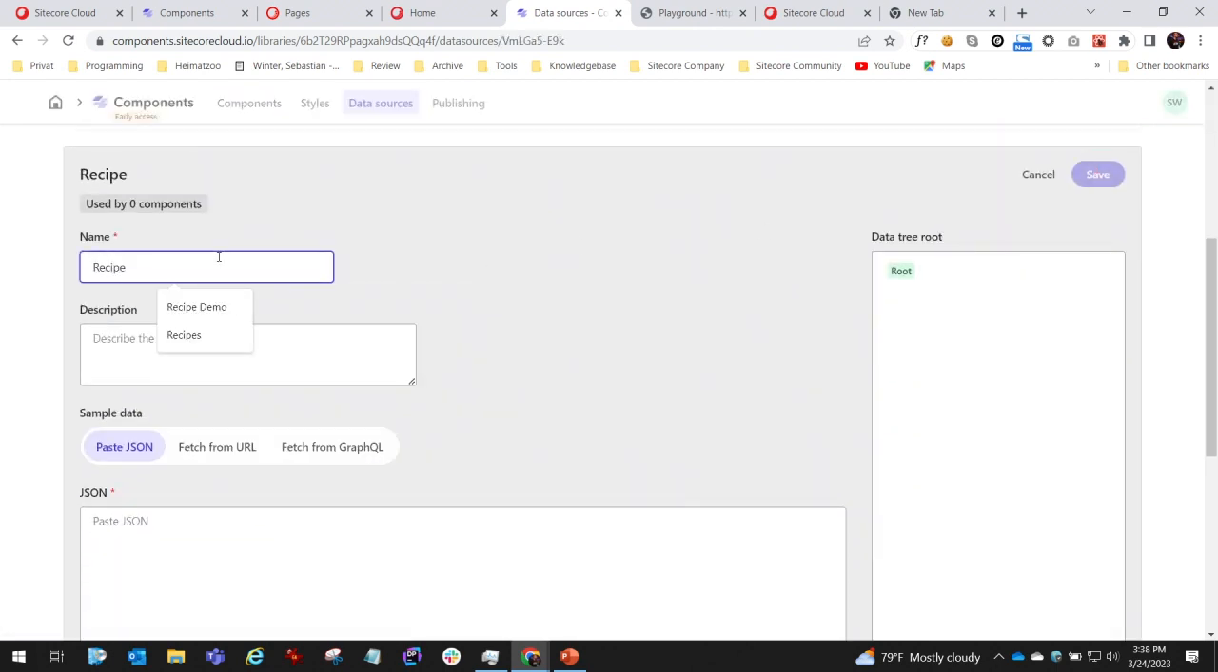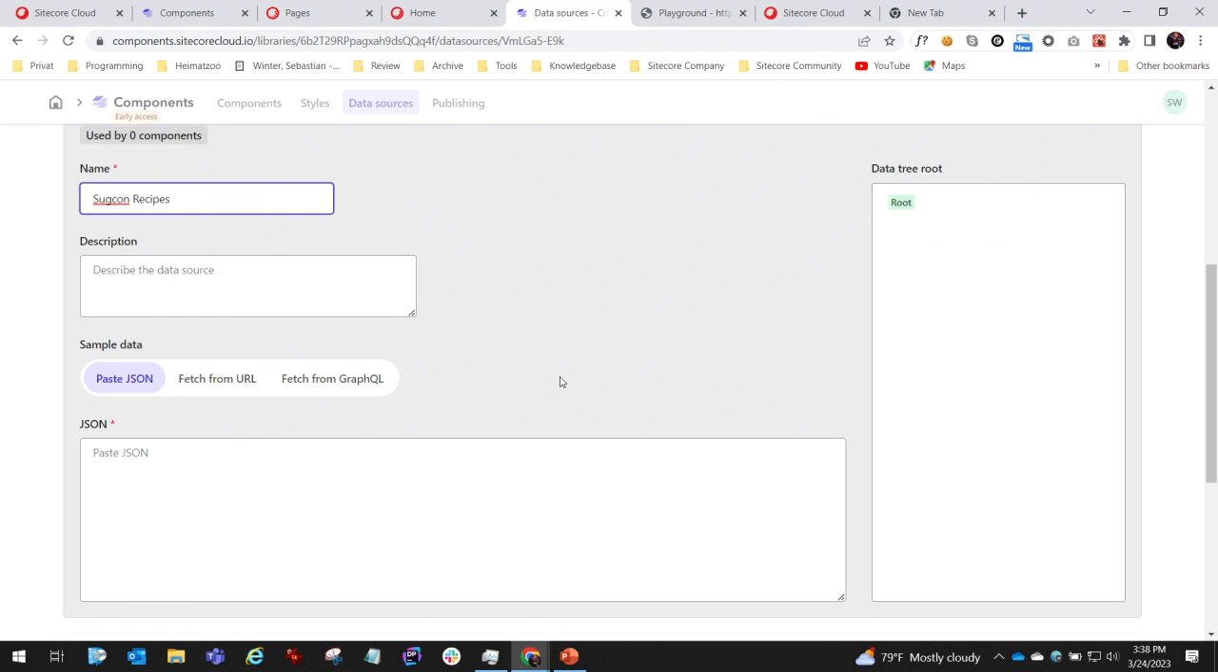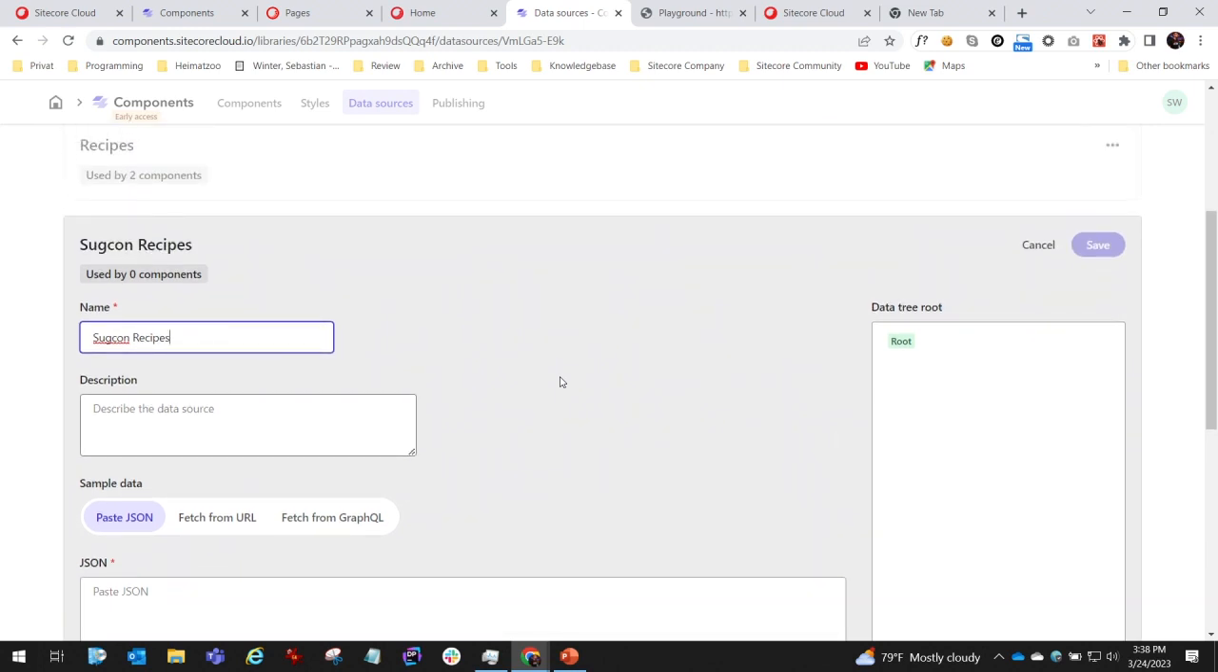So we call that SUGCON, well, nearly. SUGCON recipes. It's not connect recipes, but it's just real recipes. So if you get hungry, that might happen. So what we will use for it is